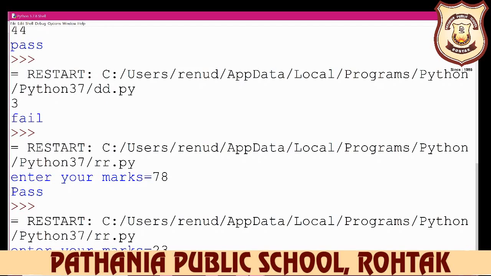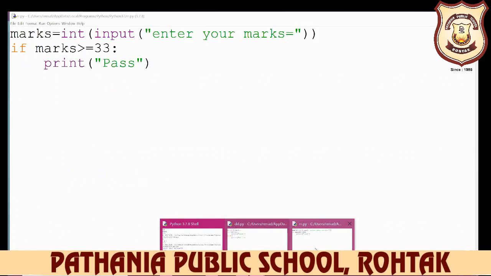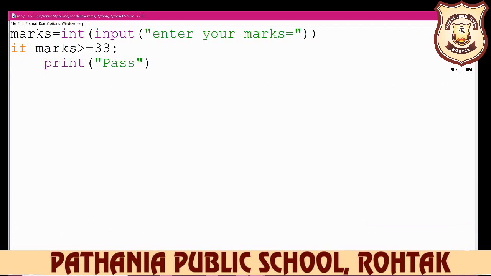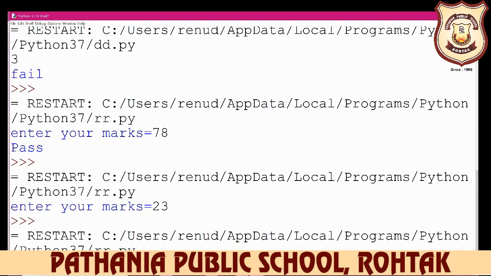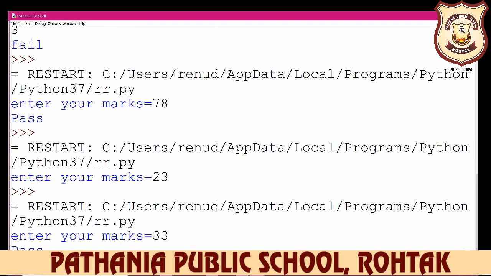Nothing will be displayed because we have decided only one condition: if marks greater than 33, then display the answer pass. So again, if we run it, okay, and this time I have written 33, so my result is pass.